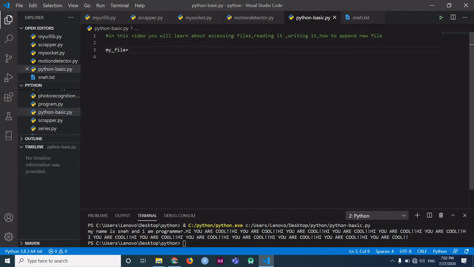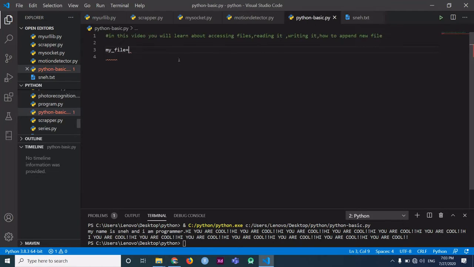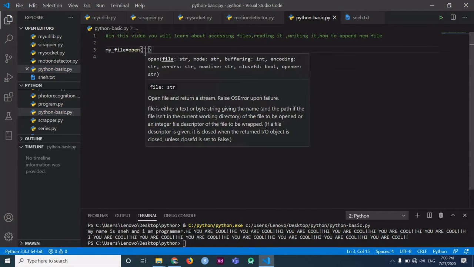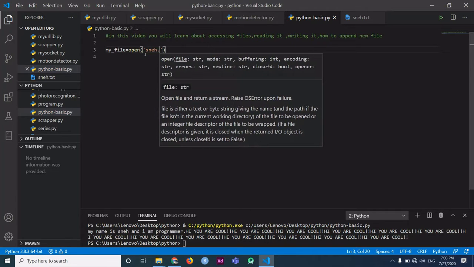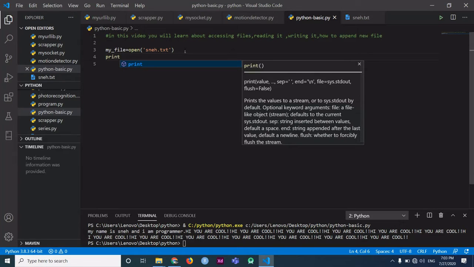I'm writing my file equals open. I firstly created a file named snare.txt in this folder itself, so I don't have to give a path. I just write open and the file name, snare.txt. And if you have not saved your .txt file in the same folder, then just pass the whole path in between the quotes. Now if you want to read this file, what I wrote in this file, then